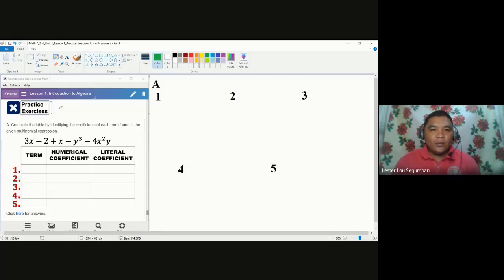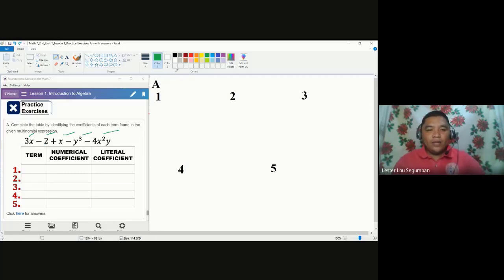So we have here one, two, three, four, five different terms. As to how do we know that there are five different terms, we can call them different or separate terms if the operation separating them is either addition or subtraction, just like this. These two terms here are separated by a subtraction. In short, they are different terms. And then we have here the addition, subtraction, and subtraction. But anyway, our concern again is to determine what the terms are.